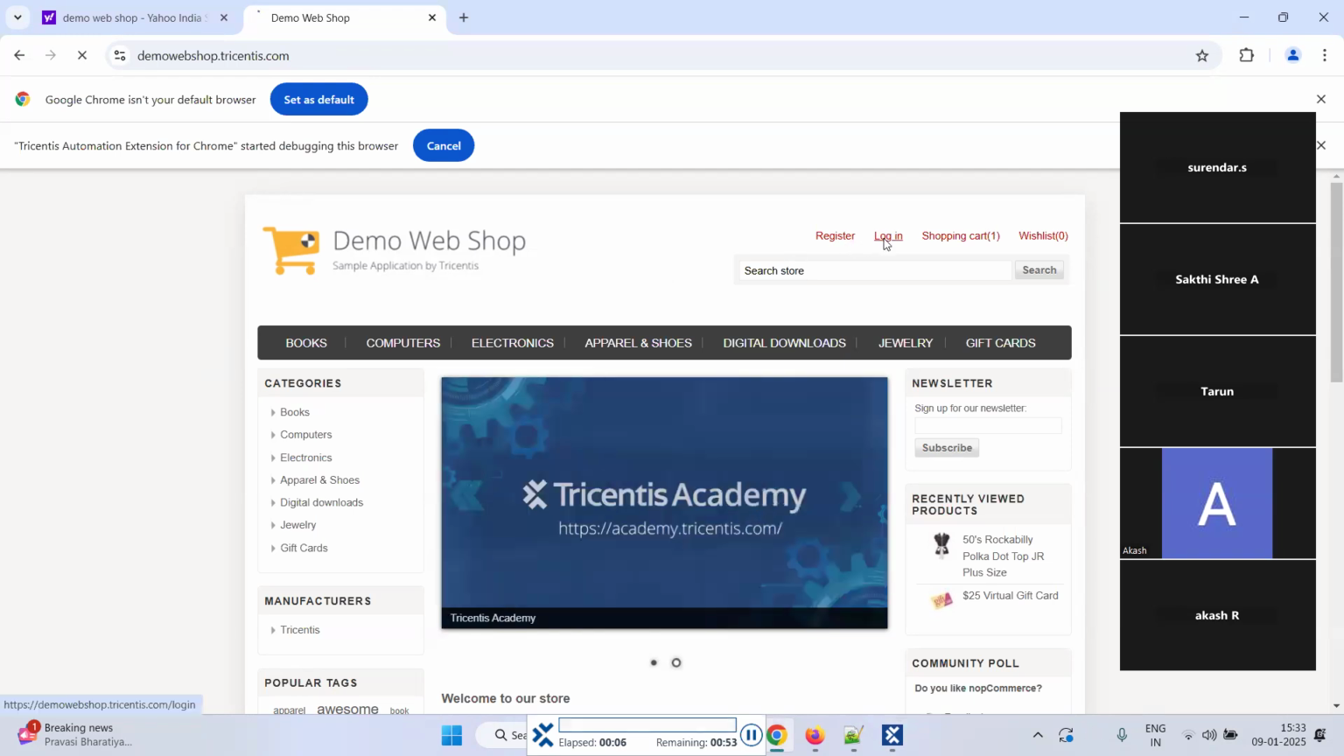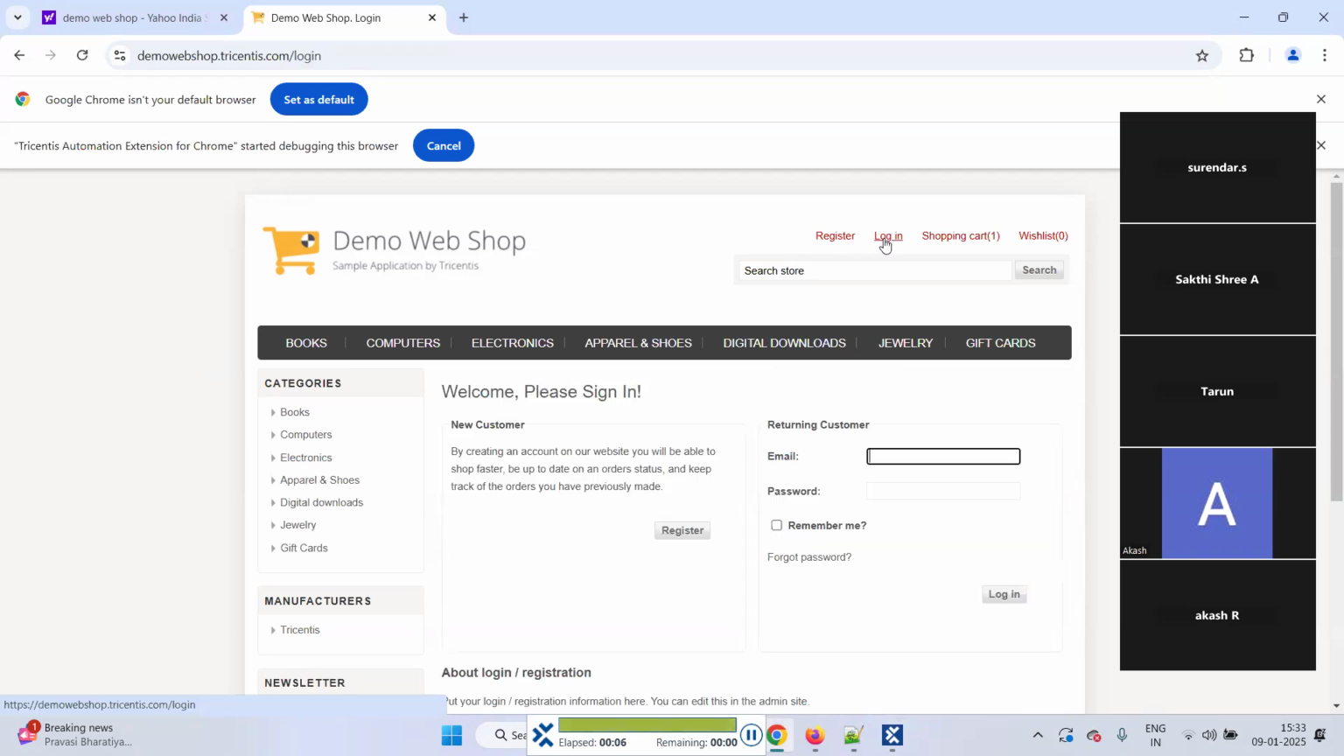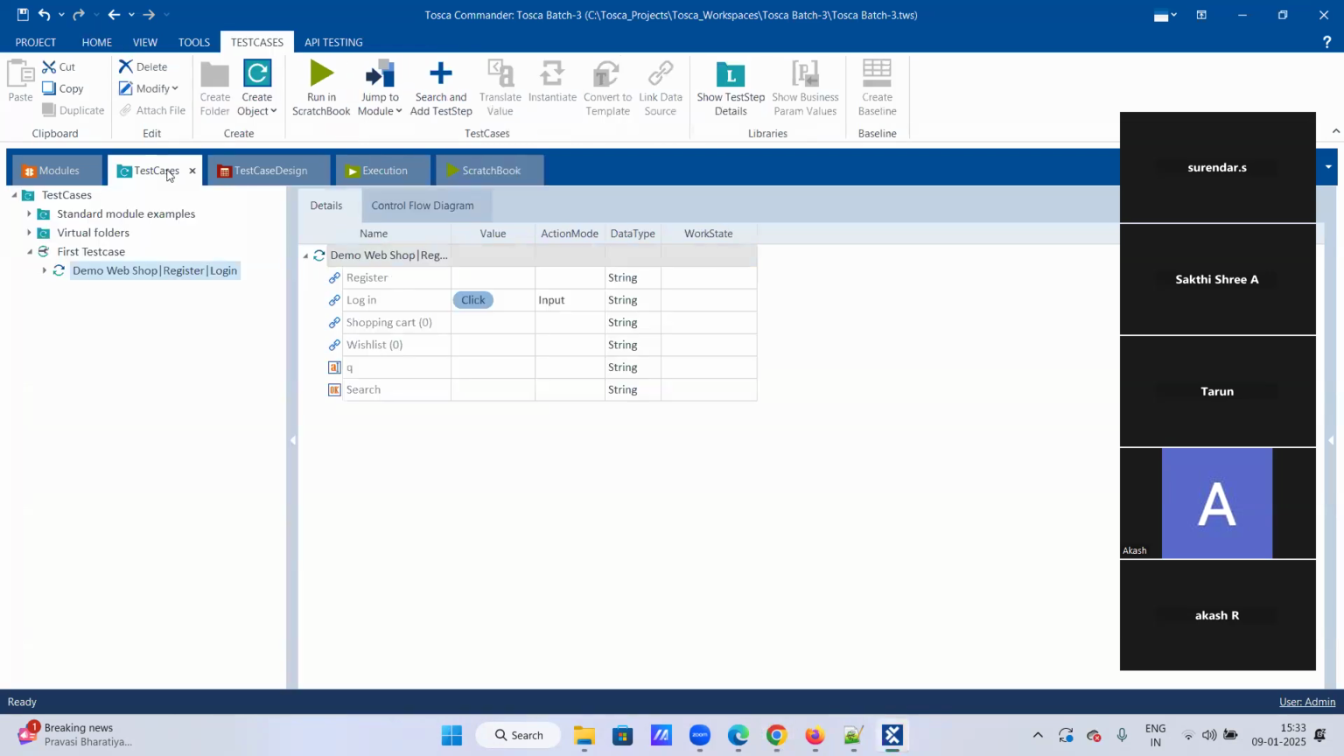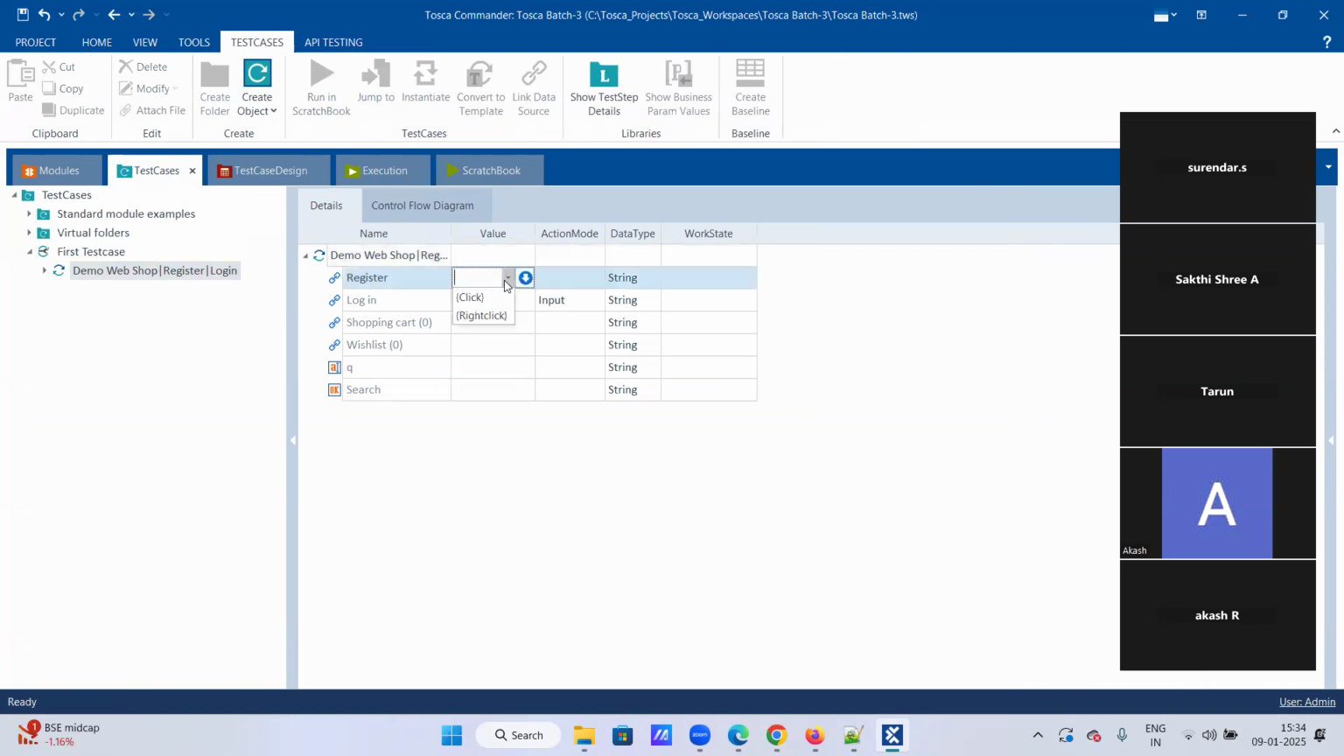See, this is how basically we will be scripting our test cases. Means first we will be creating modules, and once the modules are created, we will build the test cases from the modules and provide the inputs for the test steps that we have created, and we will be executing that in our test case section. But my question is, here you can see register, you can see two options, click, right click, and